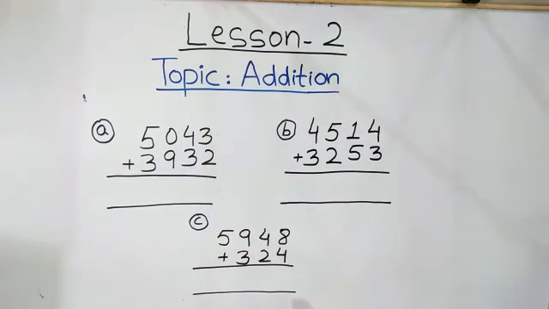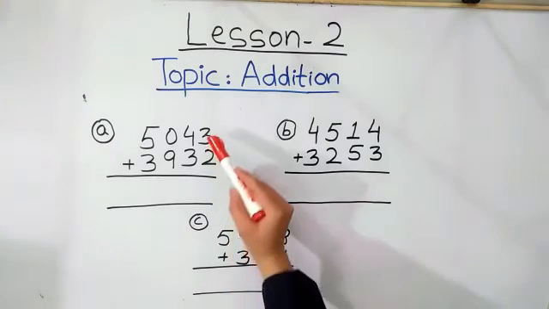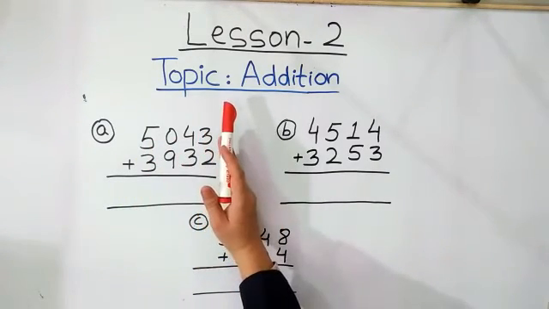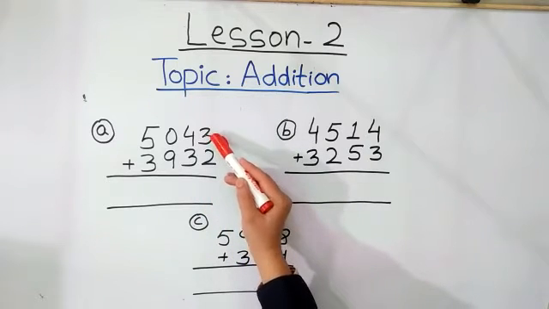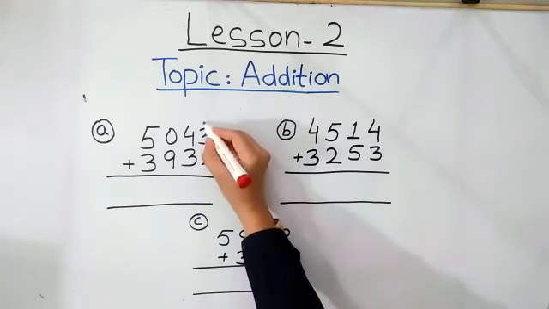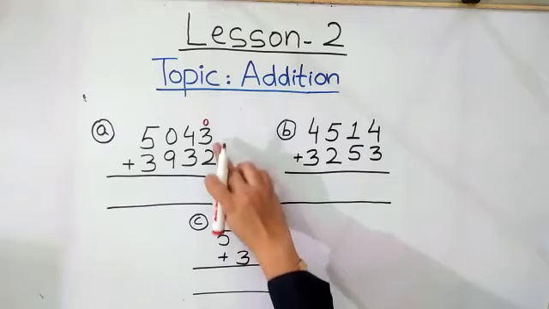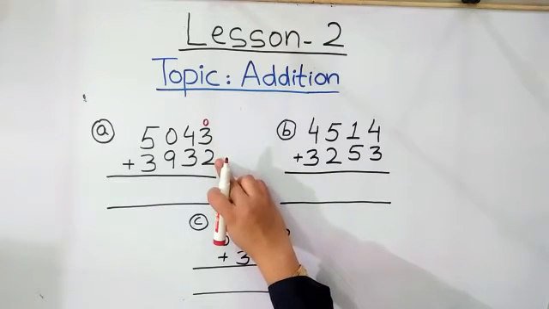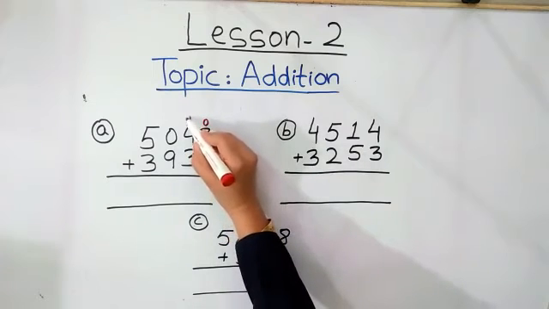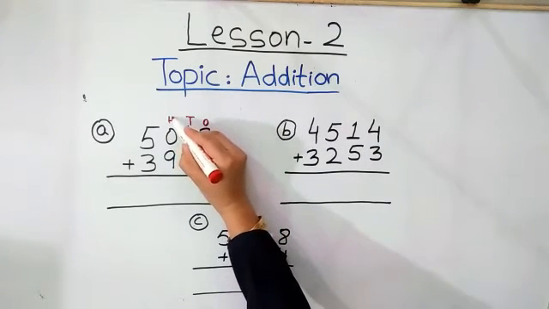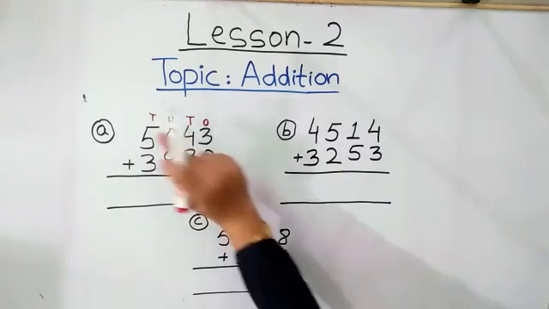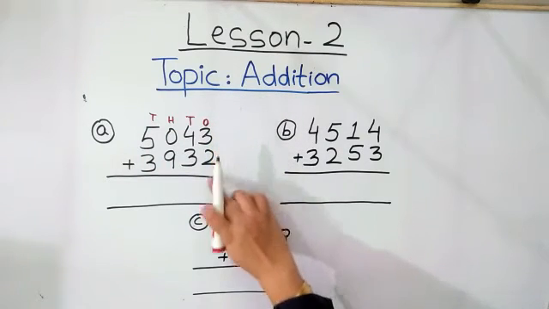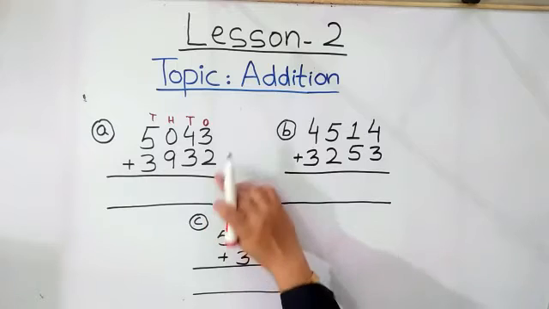As you have already learned in your previous class, whenever we add two numbers, we always start from the right side, that is by adding the numbers at the place of ones. We always start with the ones, and then move forward to tens, hundreds and thousands. So first of all, we are going to add these two numbers to get the final answer.